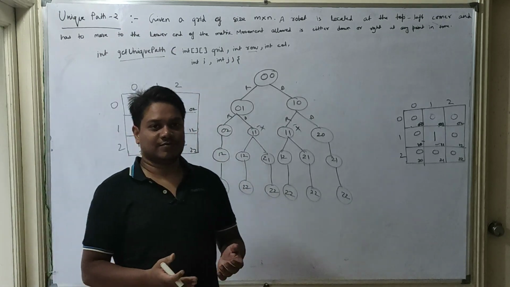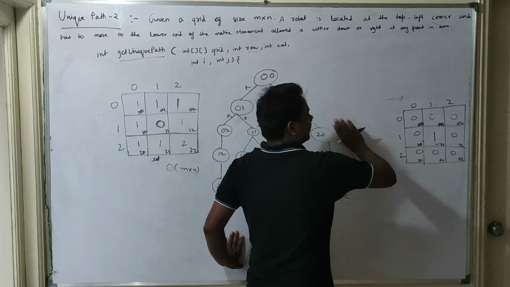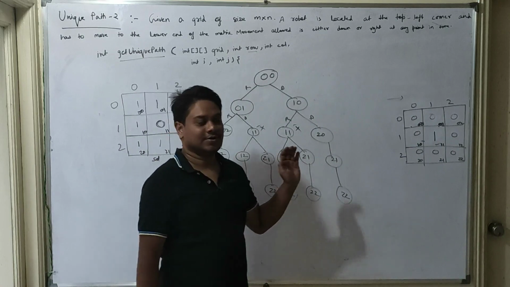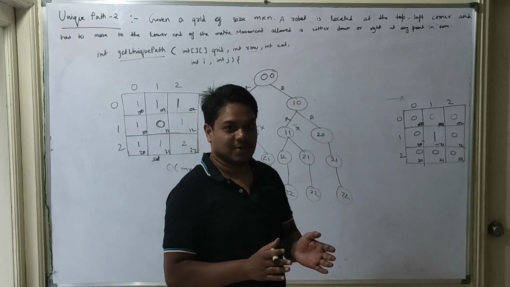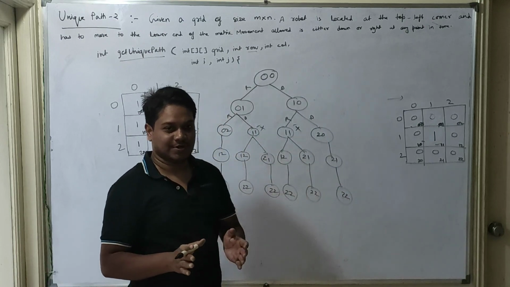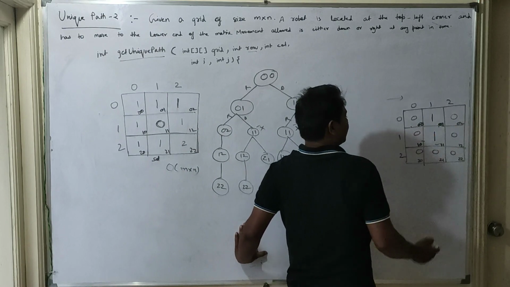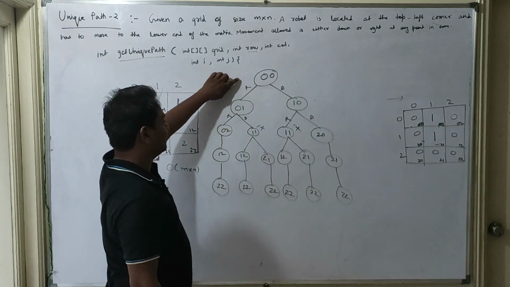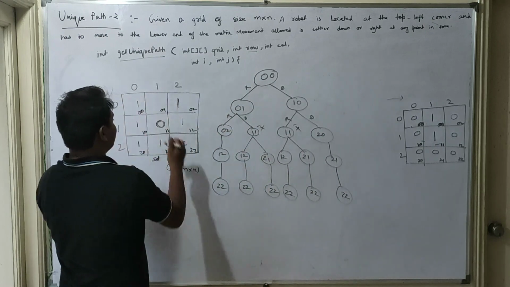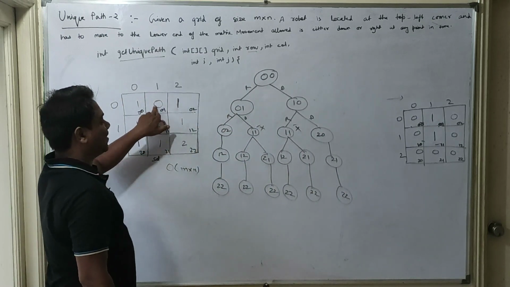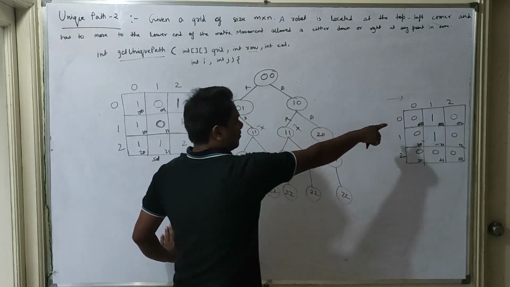So while writing the solution for this, first we are calculating the value of all the columns and then rows. We are filling it with the values. But there is one special scenario that you have to take care of. Suppose the obstacle is over here, then from 0 0 to 0 1 there is no path. So in the solution matrix there will be 0 paths over here, because we are having an obstacle.